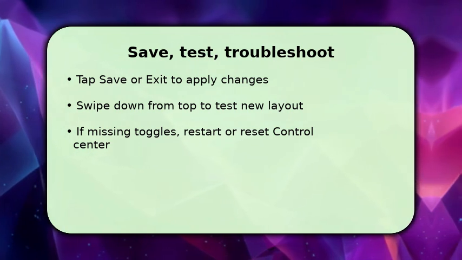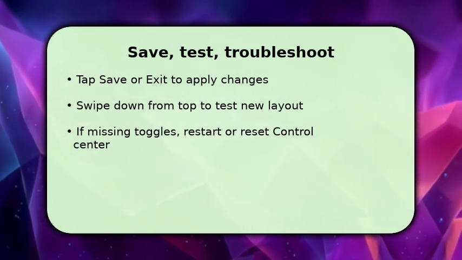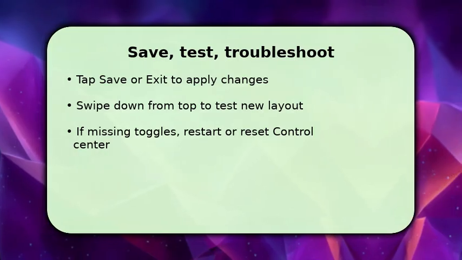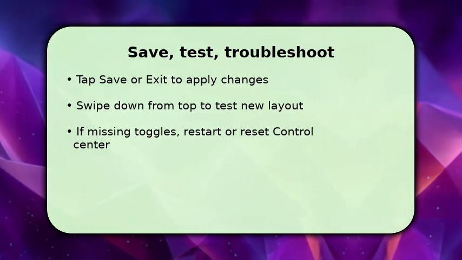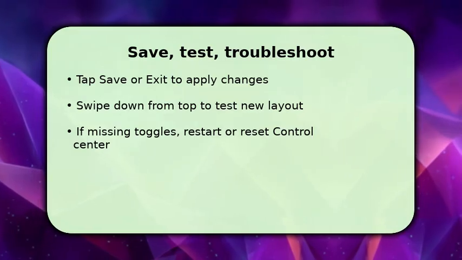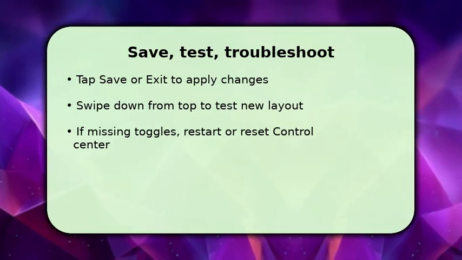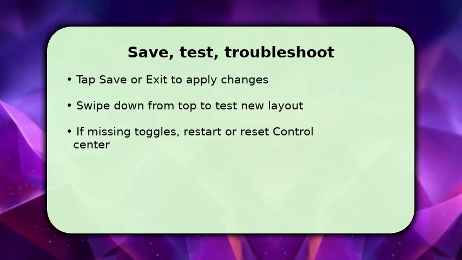Turn Wi-Fi, Bluetooth, and brightness sliders on and off to confirm. If a toggle is missing or unresponsive, restart the phone first. This often resolves cache issues. If problems continue, return to Settings and reset Control Center preferences or check for a system update, because firmware bugs